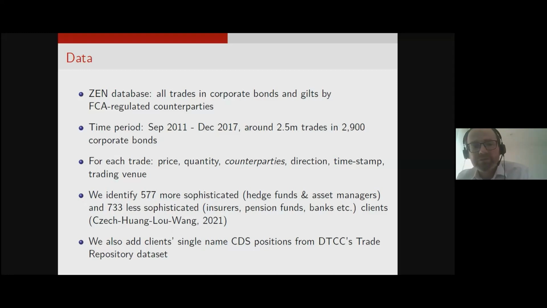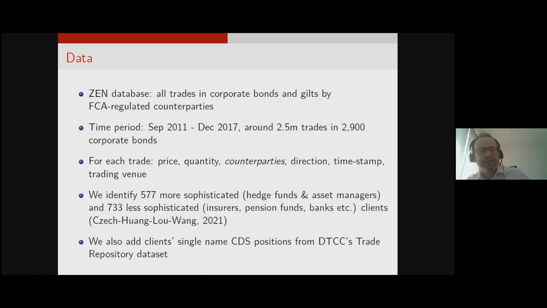The data covers 2011 to 2017. We have about 2.5 million trades between clients and dealers, covering about 3,000 assets. For each trade, we have the standard information regarding price, quantity and the timestamp, but most importantly, the identities of both sets of counterparties. And following an upcoming